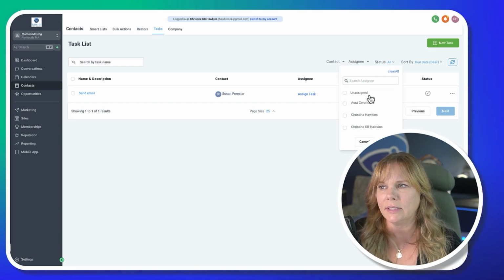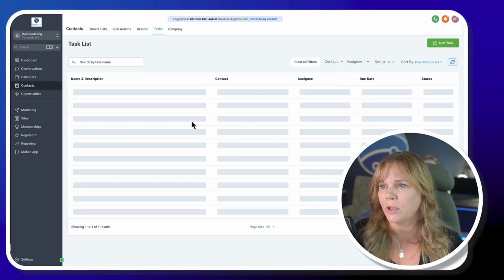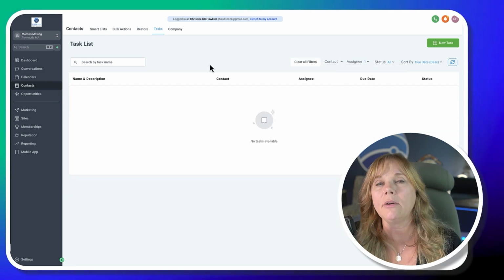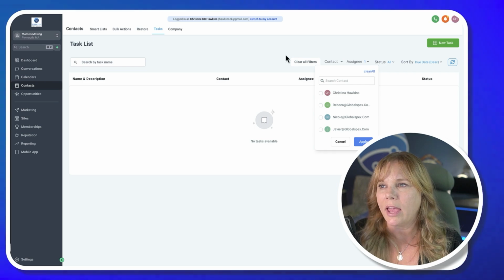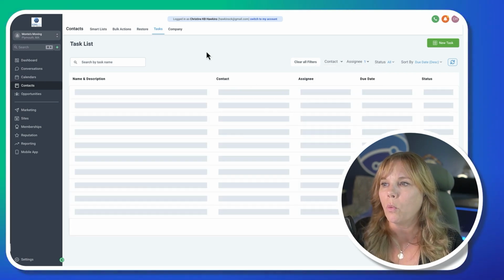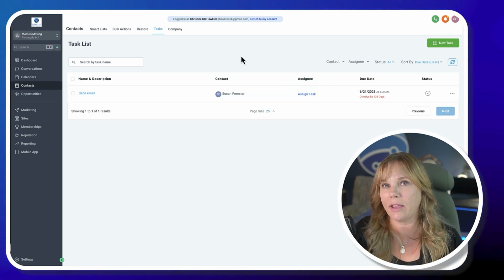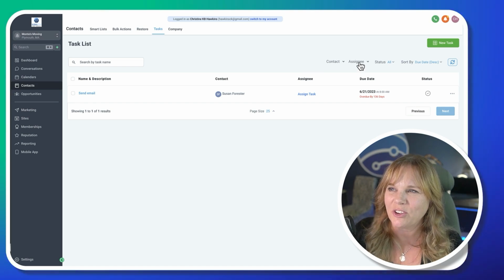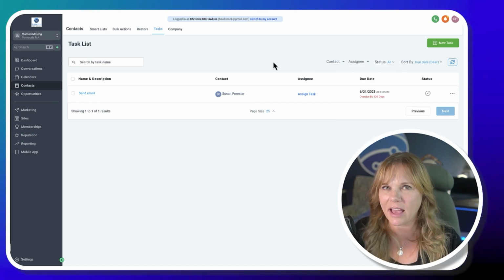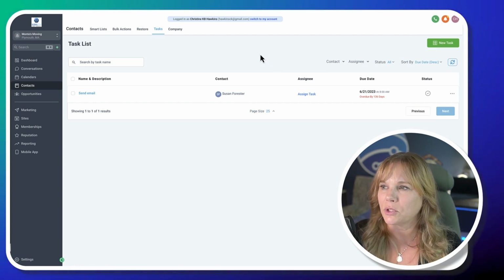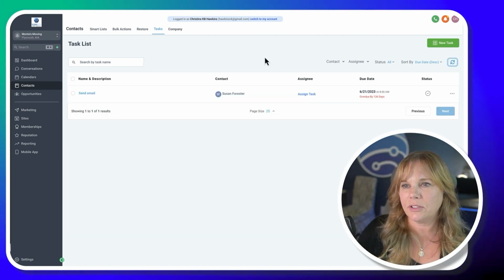Now, you can see everybody. You can see yourself, me logged in right now. I don't have any tasks assigned to me, but if I were a manager, I'd want to know what everybody has. So I can click clear all filters. Sometimes when you're checking things off, you might have a really long list, but if you hit clear all filters, everything starts from scratch again. You can also hit refresh if you need to.